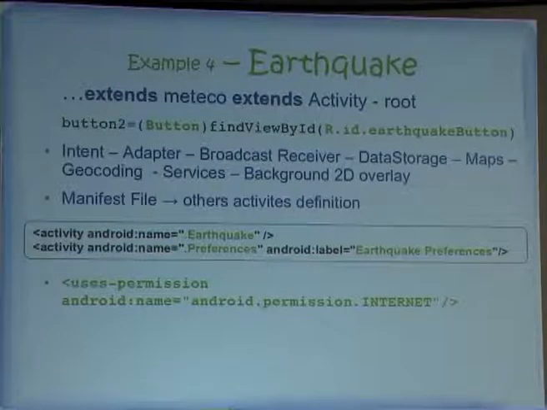It stores data for you. There are preferences, and it displays the geocoding position of the earthquake to you on a map using map activities. And in the background, there are several services which handle the update every 5 minutes. That's all this application is doing.